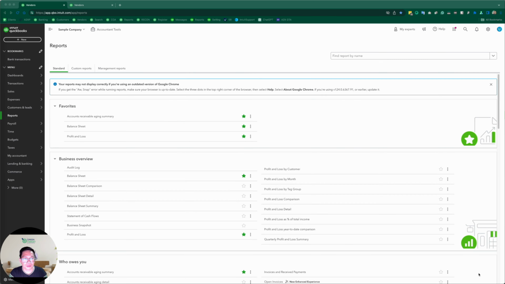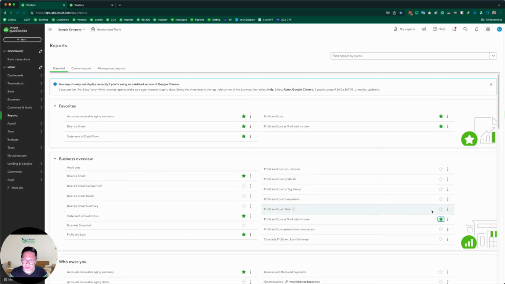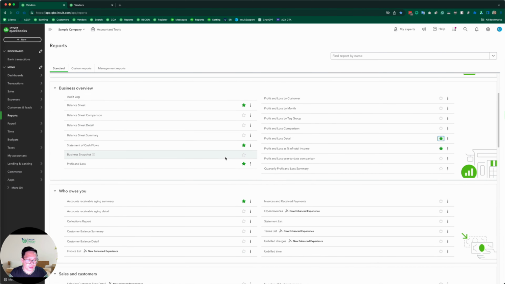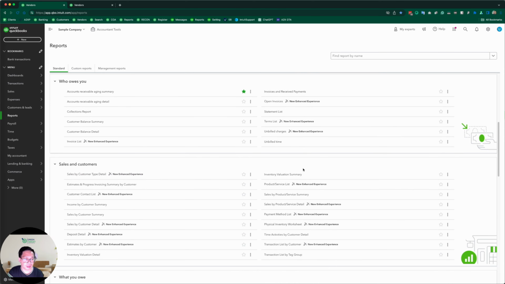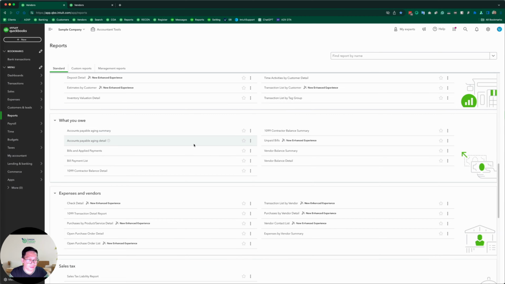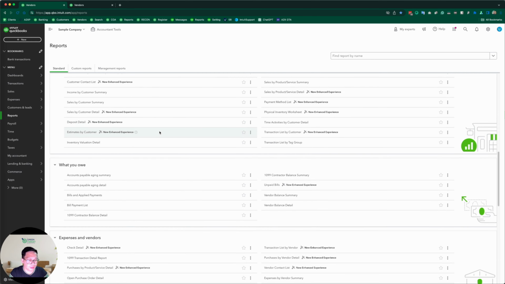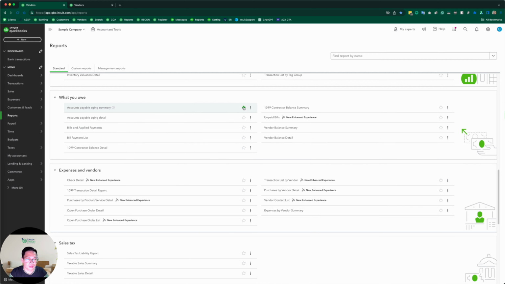And now we are here on the reports window of QuickBooks Online, and you will see your favorite reports here. So I highly recommend you make favorite the balance sheet, profit and loss, cash flow, profit and loss as percentage of total income, profit and loss detail, and other things related to your bookkeeping and accounting. Like if you regularly pay bills, it's also useful to put here, aside from account aging, accounts receivable aging,